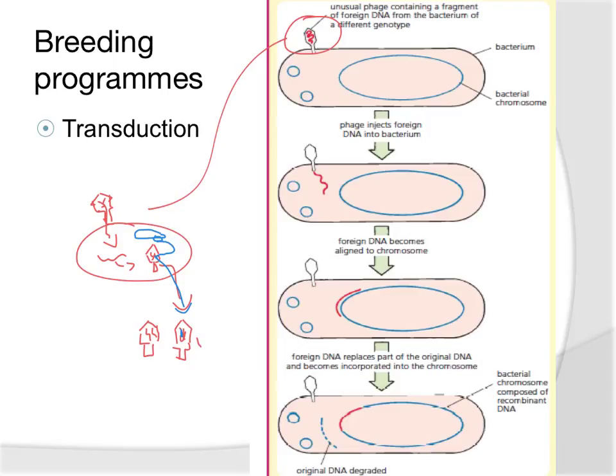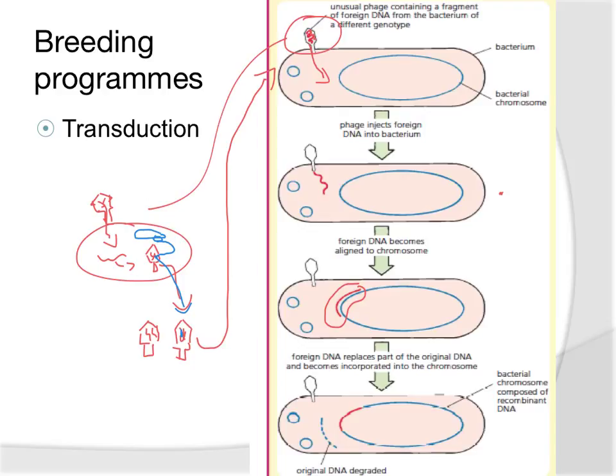And then when that bacteriophage attaches itself onto the surface of another bacteria, there is some foreign DNA in there, and this time round it is actually coloured red. That foreign DNA ends up being injected into the bacteria, as in this diagram here, and that foreign DNA aligns itself with the bacterial chromosome,